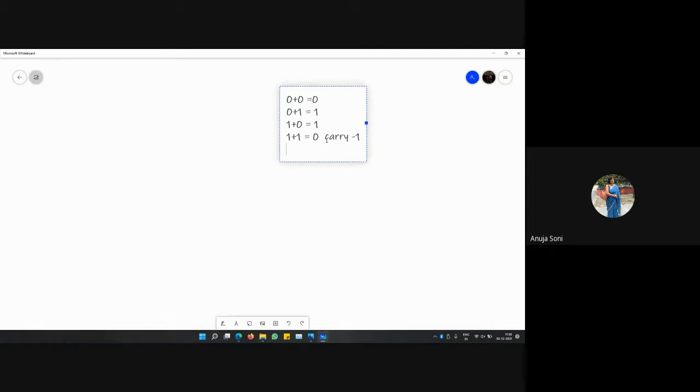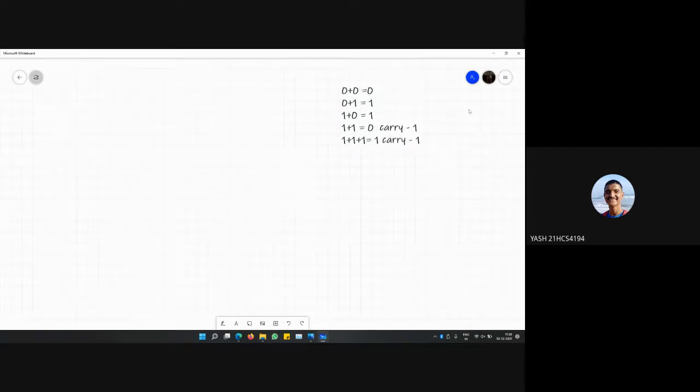But that actually is not ten, that is only the way of representation in binary that stands for the value 2. In binary 10, the 0 will be the magnitude, and 1 will be treated as a carry, and that will be carried forward to the subsequent level of addition. Similarly, 1 plus 1 plus 1 will be 3, and in binary it will be written as 11, so the sum is 1 and the carry will also be 1. Similarly, we can create our own rules, but here we will be using up to 3 only. So these are the basic rules that we require for this question.